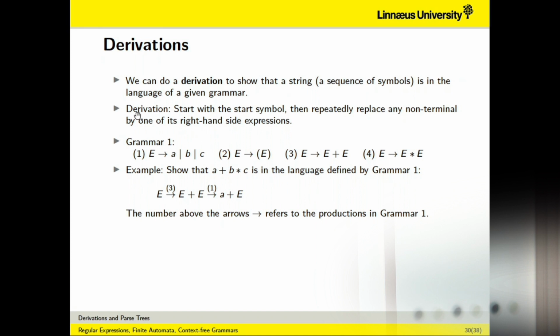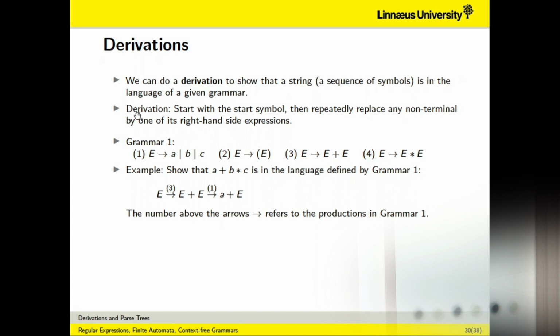So this is not a good choice to produce something like this. To produce something like this, you should pick either this one or the production rule that involves plus and multiplication. If I take rule number 3, E plus E,